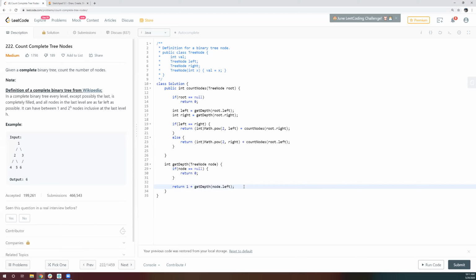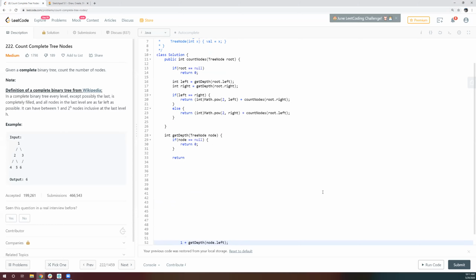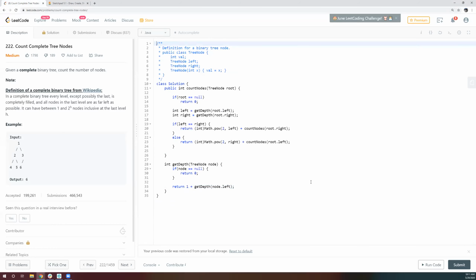If you know how to calculate the height of the tree, generally what we do is 1 plus max of left and right. But anyways, here the height will always be log n only, because this is a complete binary tree.